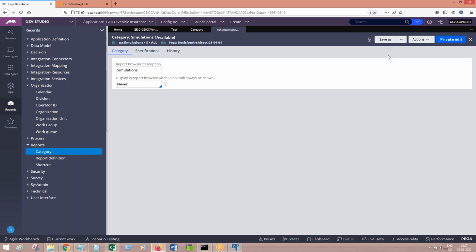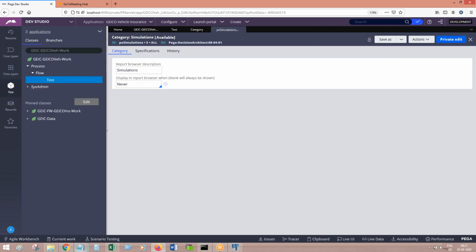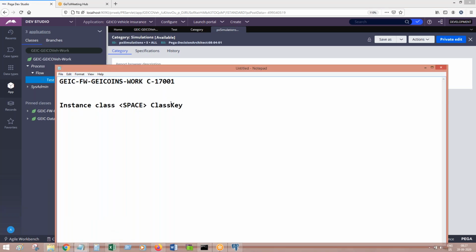This is about the instance class of rules. Every rule that you create here in Pega will be an instance of some class. Every rule type here is an instance of one of the classes that you are aware of. Now, I will ask you, this is a combination of pzInsKey we have discussed, right? Now I will show you some definition here and ask you to frame the pzInsKey.